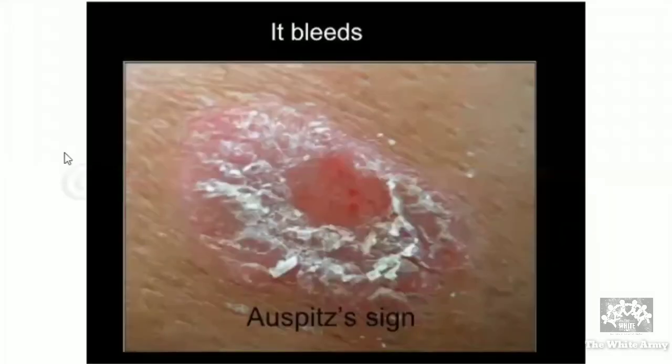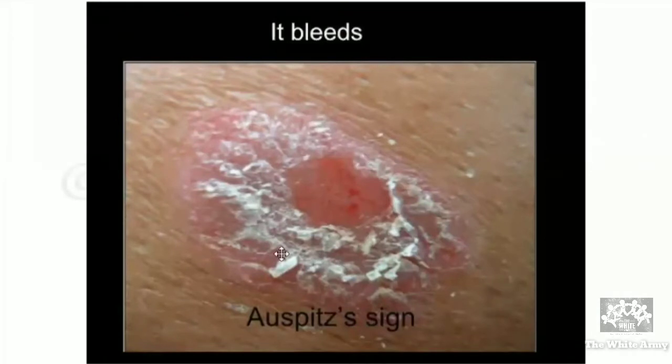There are certain signs that can be elicited in psoriasis. The first one is the Auspitz sign. What is the Auspitz sign? When you take a glass slide or a blade or a key and scratch the lesion, what happens? The topmost layer of the skin peels off because the scales are loosely adherent. As I said, the reason for the loose adhesion is that they are not completely mature. So these are loosely adherent, silvery white scales.